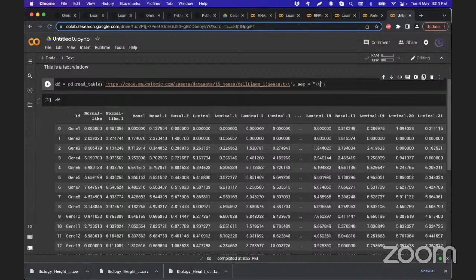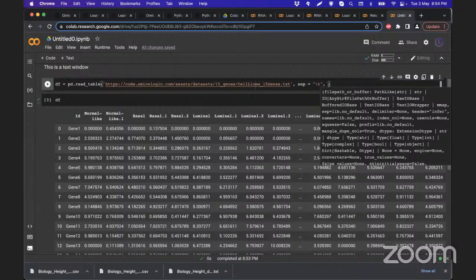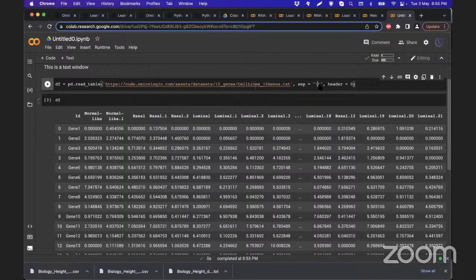Okay, but what if our data set does not have a header? Just like what we had in R, our data set here has a header, so it does not matter. So what if our data set does not have a header? In that case, you have to mention the same flag, but instead of true or false, you have to mention it as 0. So if you do that and run it, it's going to run and complete. And if you run the df,